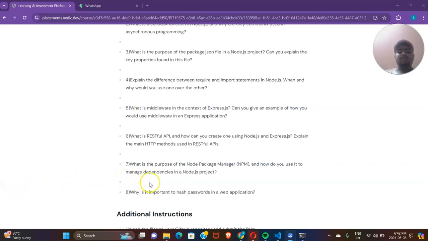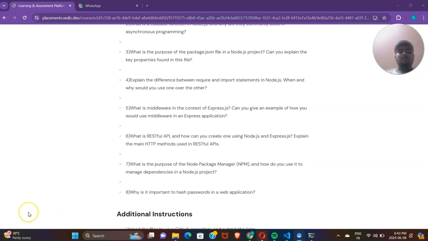For example, in a package.json file, we specify the name of our project, its version, and the list of dependencies that our project requires. We can also define scripts to run tasks like starting the server or running the tests.